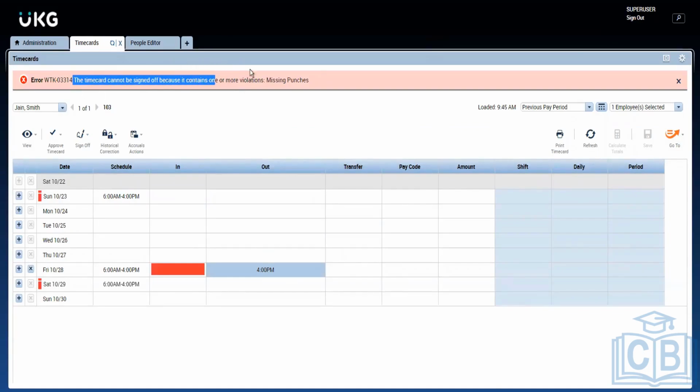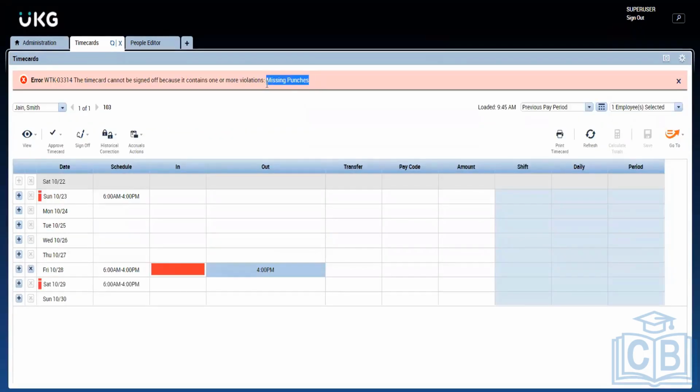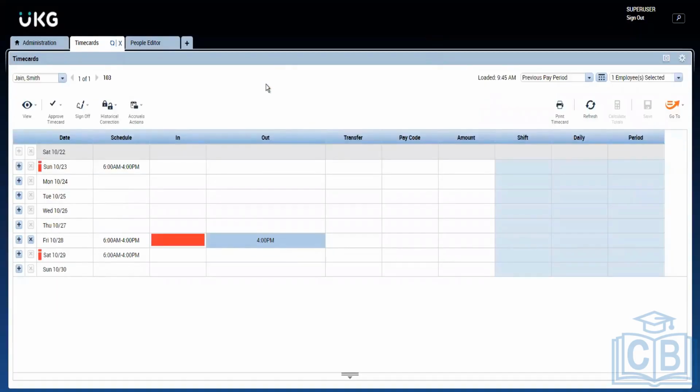Yeah, you can see here, right? The time card cannot be signed off because it contains one or more violations, and it is stating the violation. What is the violation? It is stating Missed Punch. You can see missing punches. So for unexcused absence or missing punches, we can have this, but unexcused absence will not be mostly used for missed punches. We will be using missed punches because the employee has worked his total hours and missed out. If you see, currently he is having 0. Only if the manager fixes it at 6 am, then it will allow him to get the payment. So it will affect the payment. So mostly we will have it for missed punches.